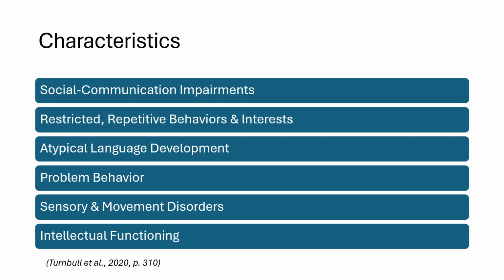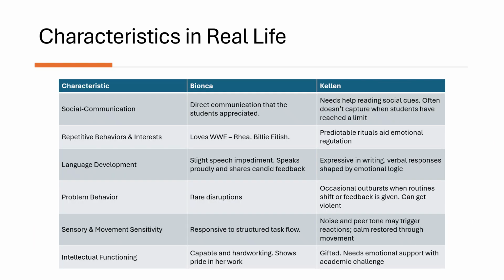Intellectual functioning. Autism can be present in individuals with a wide range of cognitive abilities. Some have intellectual disabilities, while others may be gifted. So we see that. It's amazing to see the range of them. In some cases, students really may exhibit savant abilities, showing extraordinary talent in areas of music or math. It's so interesting, and so amazing to see in some of the students.